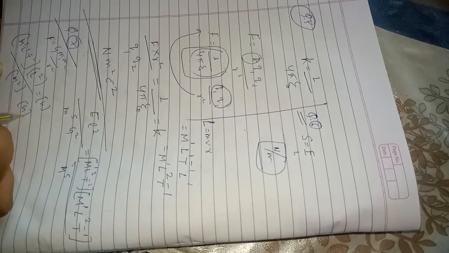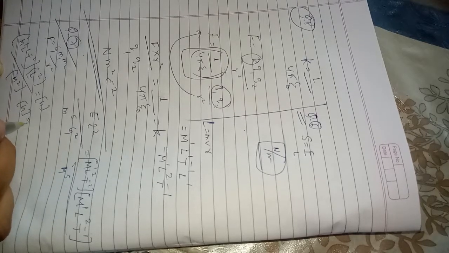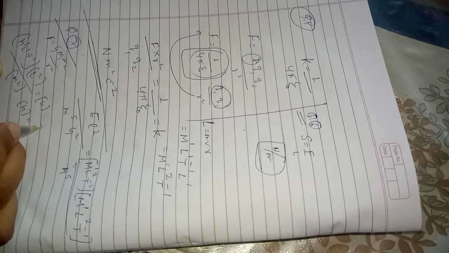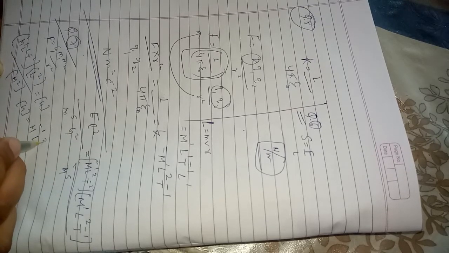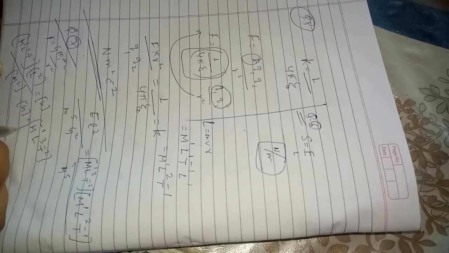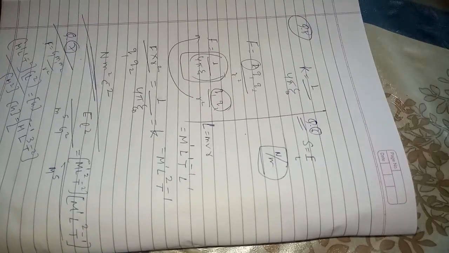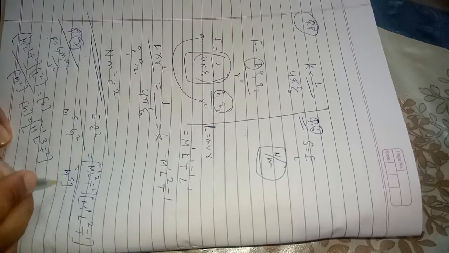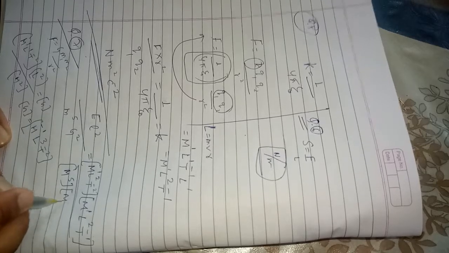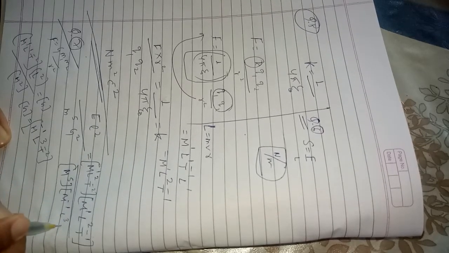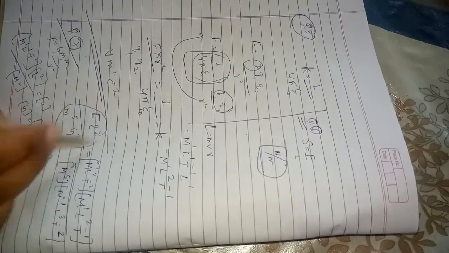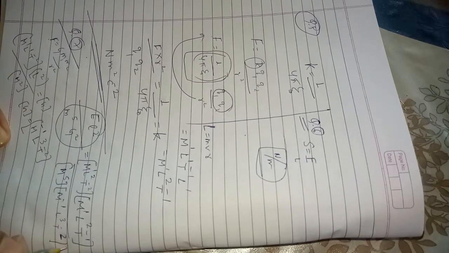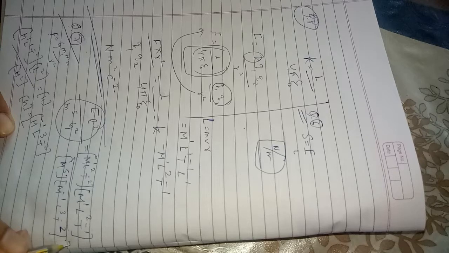So the dimensional formula for G will become how much? It will become M raised to minus 1, L raised to 3 and T raised to minus 2. Okay, and now we'll use this formula here, right? M raised to minus 1, L raised to 3 and T raised to minus 2. So from here we can find out the dimensional formula for this. Do not forget to square this, okay, you will have to square this.